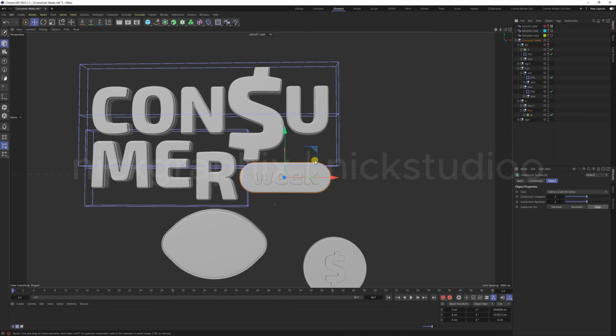Now open this one, that is the background of the week. Select this FFD, then duplicate it right here just like this, click fit to parent, adjust the size and then